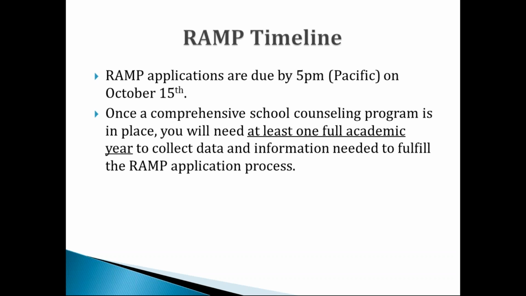And we'll talk more about the specific scoring for each component a little bit later, but I want you to know if you get a 54 or above, you have received RAMP. If you score a 48 to a 53, you have an opportunity to revise and resubmit your application by the end of February. So if you're getting it in the middle of January, you have about 6 weeks to go